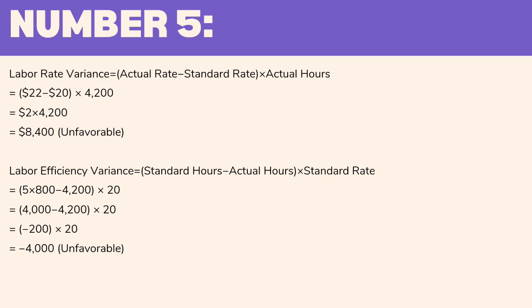costs. For labor efficiency variance, we have the standard hours of 5 multiplied by the 800 units, minus the 4,200 actual hours, multiplied by the standard rate of 20, and it will give us a negative 4,000, which is unfavorable, and it means that the company